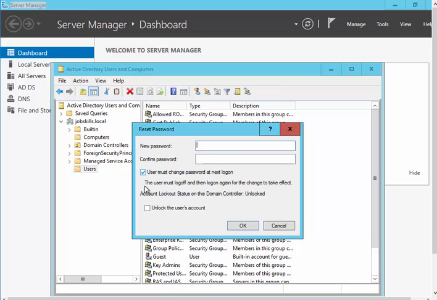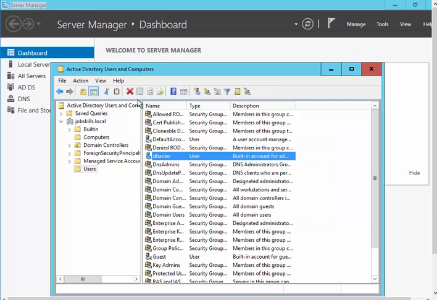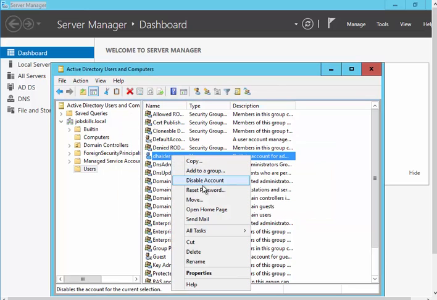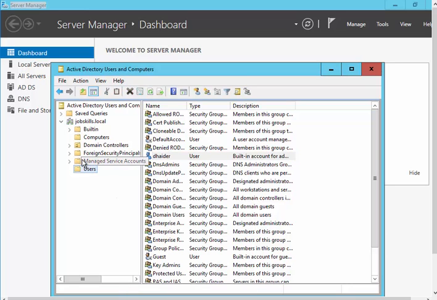You just right click, reset, check this box. They are going to get another prompt that, hey, you need to change your password. You might get another call, like groups. That's another thing. You might get a call that you need to add this person to this group, like an emailing group, or only the HR group or IT group.